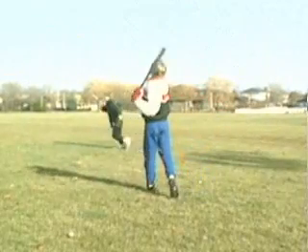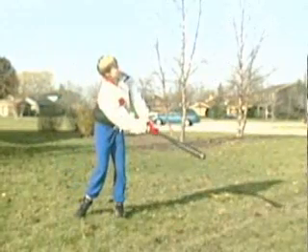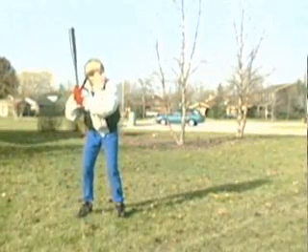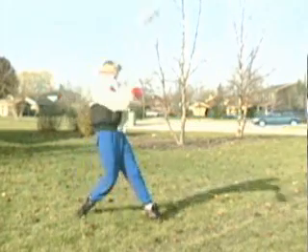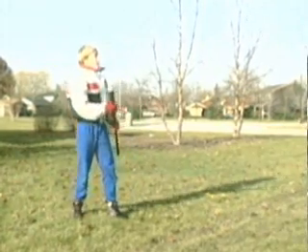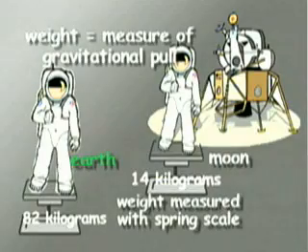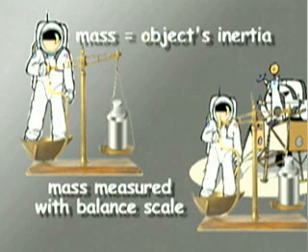There, the ball is hit. It travels in the direction in which the force is applied. If the batter hits it straight on, the ball will change direction and travel in the direction of the swing. How much it accelerates depends on the strength of the force and the mass of the ball. Mass is not the same as an object's weight. Weight is a measure of gravitational pull, and it changes as an object gets farther from the earth. Mass doesn't change. It is a measure of an object's inertia. The greater the mass,